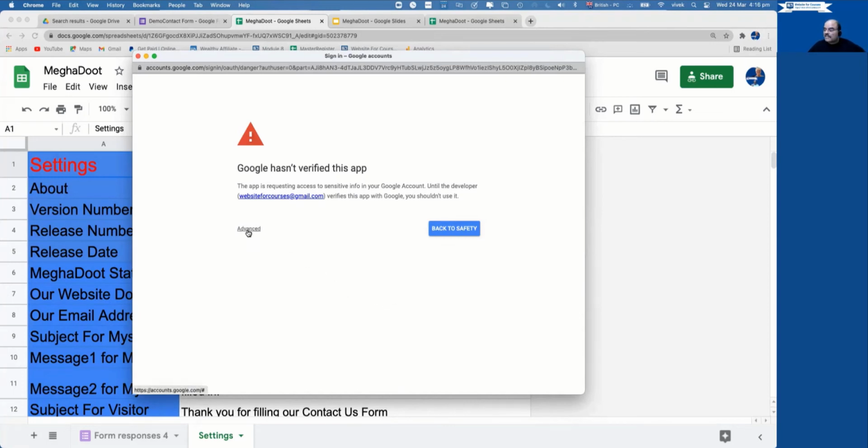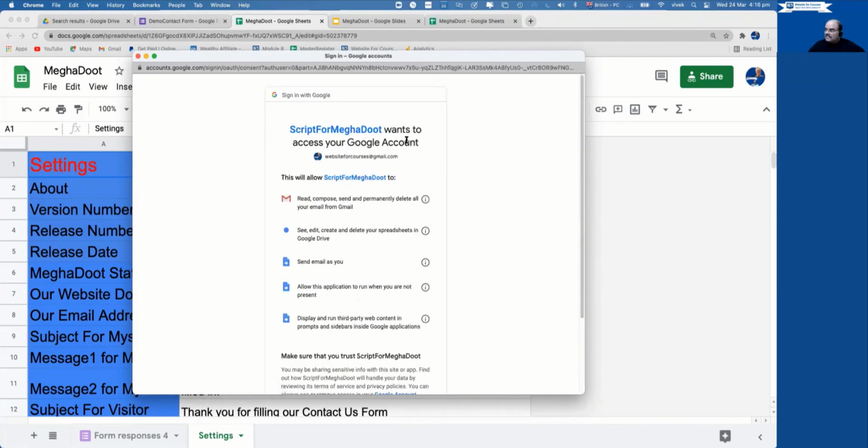So you'll have to select the advanced option. Again, you'll have to say continue only if you understand the risks and trust the developer and so on. And you have to select this option here. Google will flag it as unsafe simply because Google has not verified my code. Obvious, but let's do that.